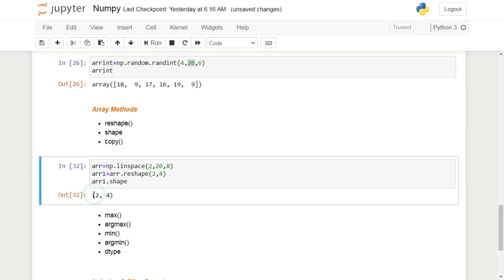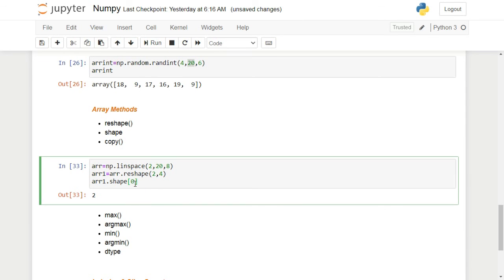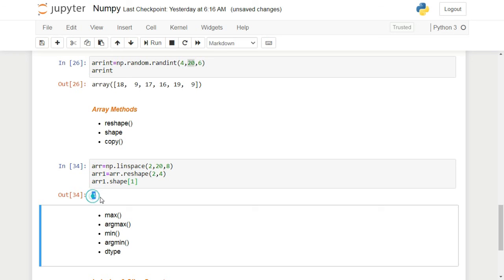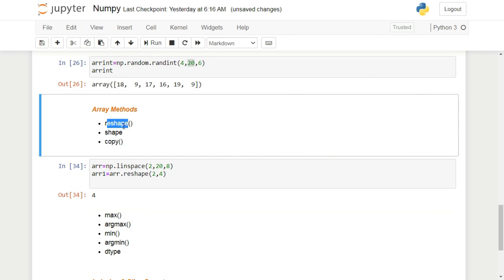You can see it is giving me 2 rows and 4 columns. Since it is a tuple, you can access the number of rows or the columns. If I do shape of 0, I'll get 2. If I give shape of 1, I'll get 4. In this manner you can access the elements in the shape tuple. So I'm through with the reshape and shape functions.